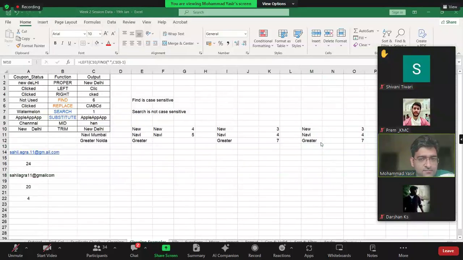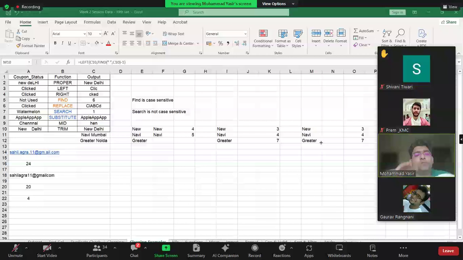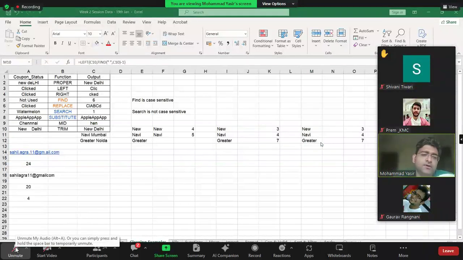Can we use trim as well? Trim. Acha, on top of this, yes, you can. But logically, it makes sense to adjust our original formula, because if you use trim, you will be using a third function. So to keep it less complicated, we adjust the formula.